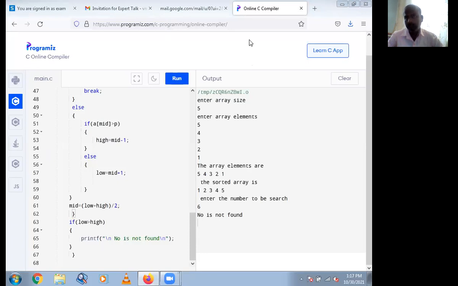Now, the last part of your first chapter that we are going to see is amortized complexity. So what is amortized complexity? Last time I gave one example.